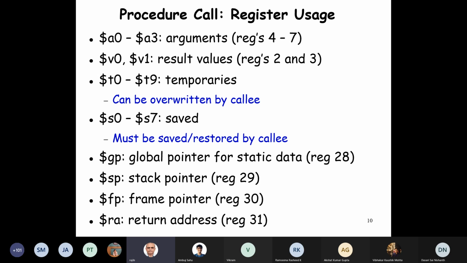But S0 to S7, if we use them inside the procedure, we must save the value that was there in the stack. And then before the procedure ends, we have to restore those values. So this is a discipline we have to follow religiously,